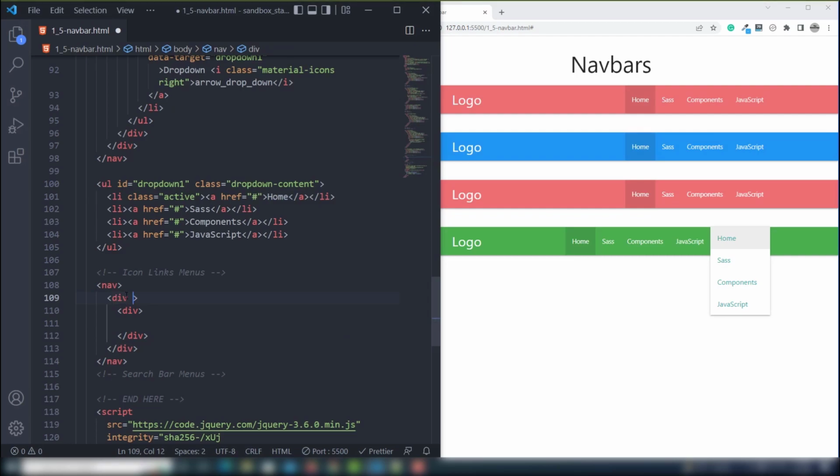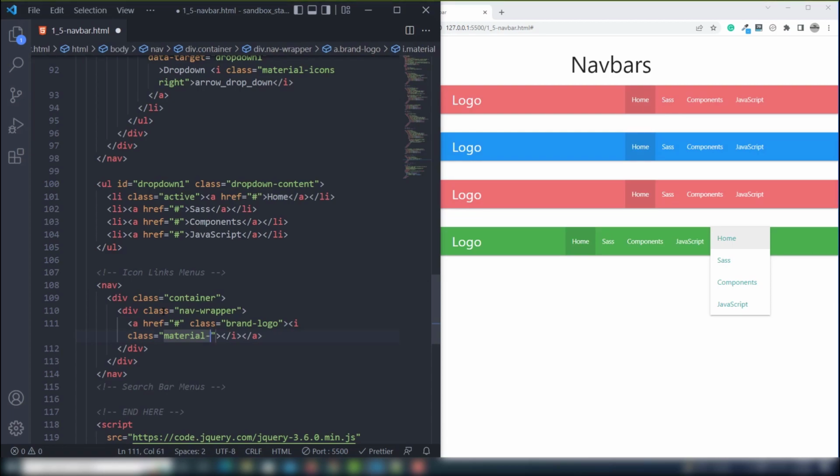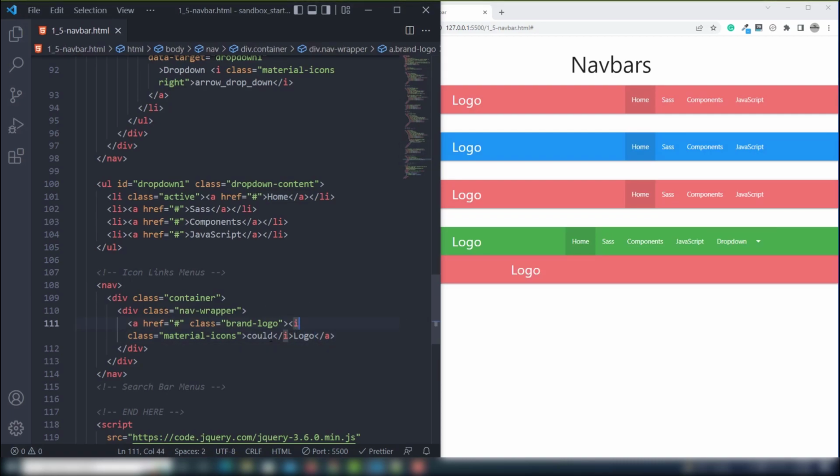First I'm going to assign the class container, and then class is Navbar, anchor link class brand logo, and inside the I class I use material icons, and we need to use what, cloud is a logo. So first I'm going to save that, and what is cloud,